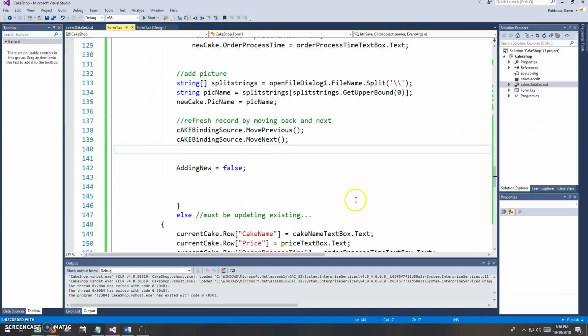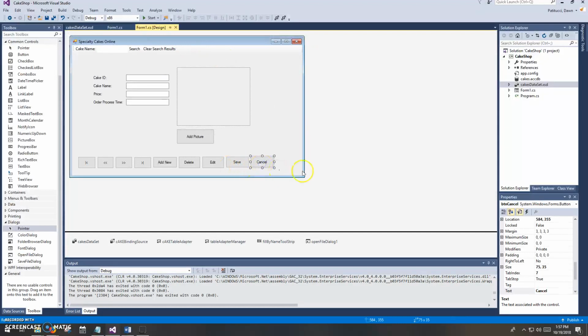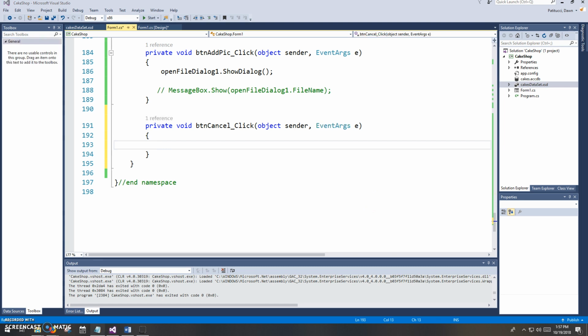And then one more quick thing. I think I'll cover the cancel button in this video as well. Cancel is just if you decide that, whether you're adding new or editing existing, you decide, forget it, I don't want to do this, I want to keep things the way they are. So let's just look at the cancel button. There's not a ton of code in here, but basically,